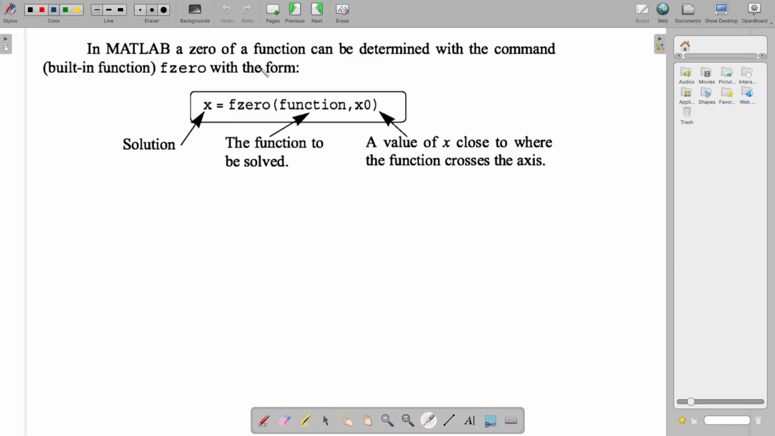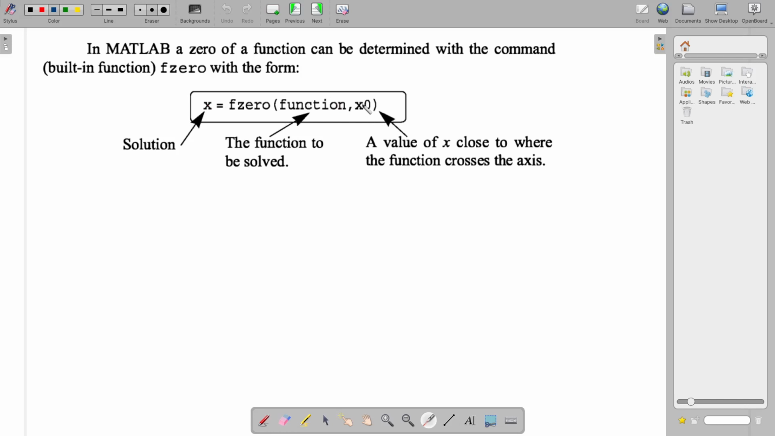Okay, fzero is a function that we use to find the zeros of a nonlinear function. For polynomials we use the roots function, but here we can use fzero to find zeros of nonlinear functions. It has this form: x is the output value, the root, we store the root in x, and to fzero we give a function